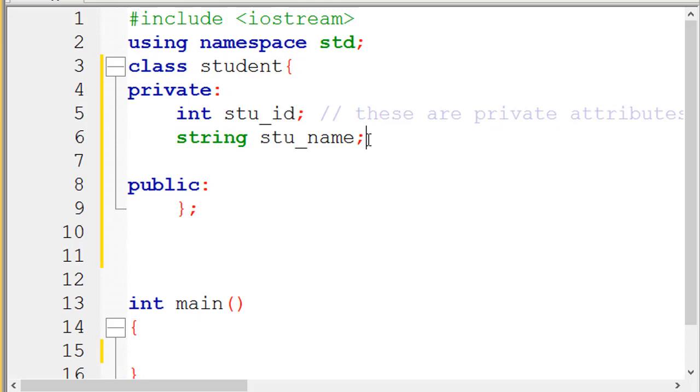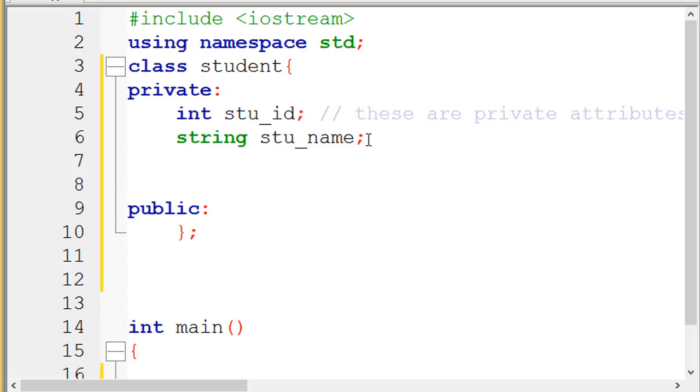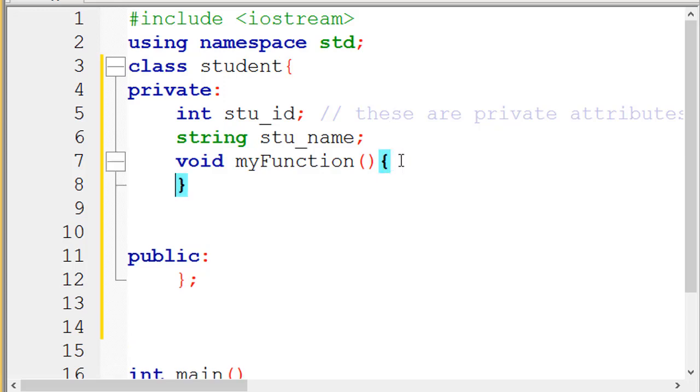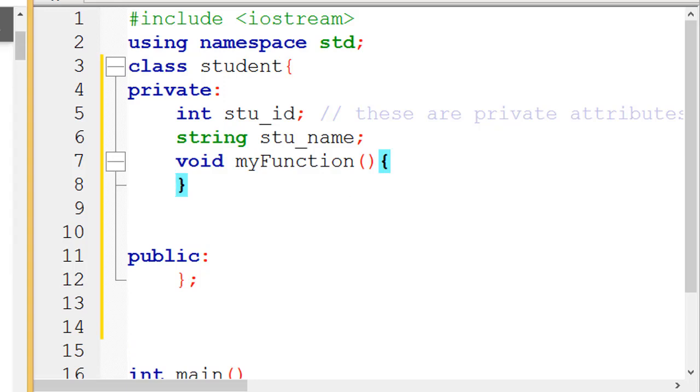Now we can define a function under the private access specifier. For example, void my function. It's a function, and here you will write the body of the function. So basically, what are functions?